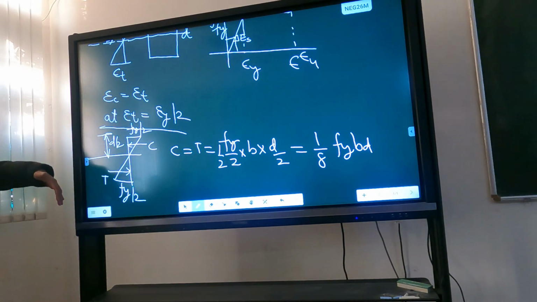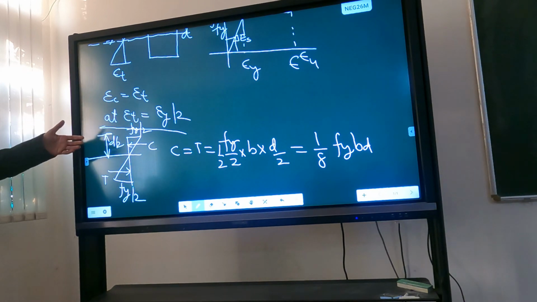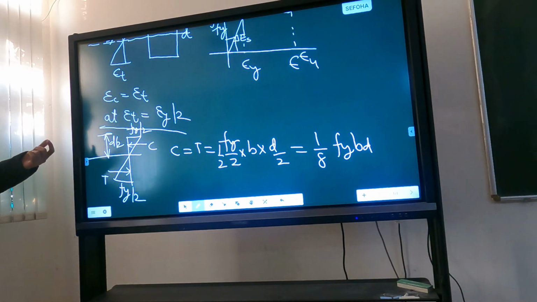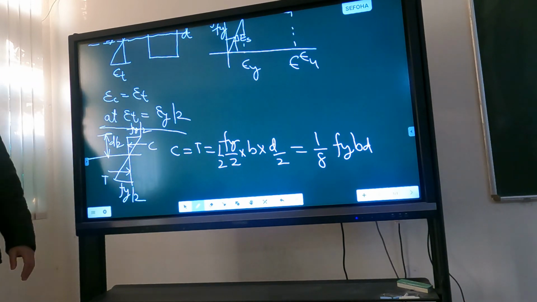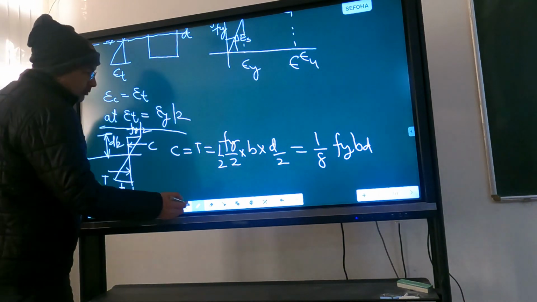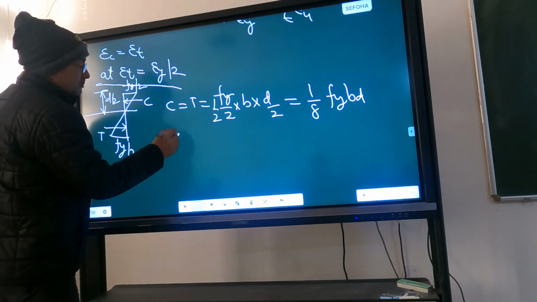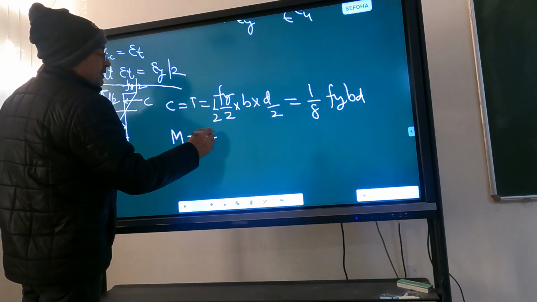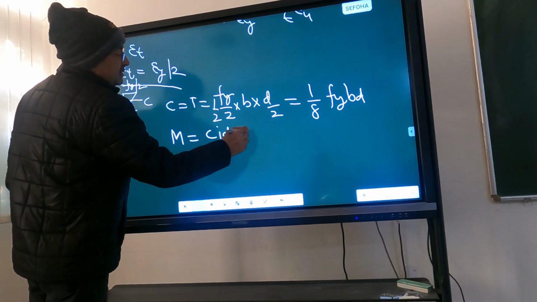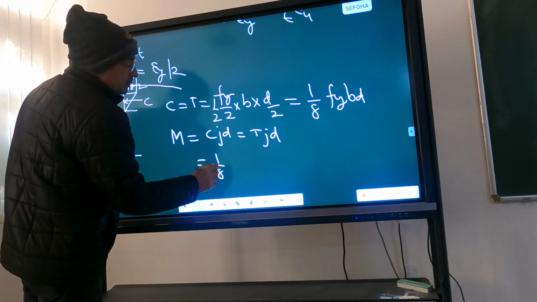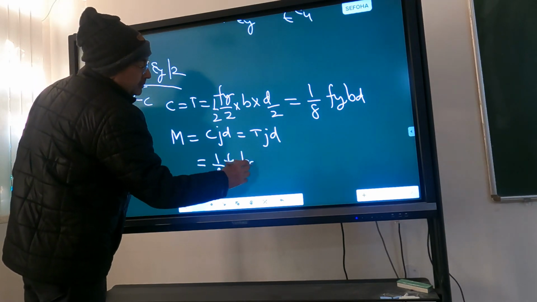If the stress strain diagram in compression and tension was not same, then I would have to equate C and T to get the depth of the neutral axis. But in this case, from the symmetry, I can directly say that it is d by 2. And now can you calculate the moment? How much will be the moment? That will be C into jd, and that will also be equal to T into jd. So it is 1 by 8 Fy b d,